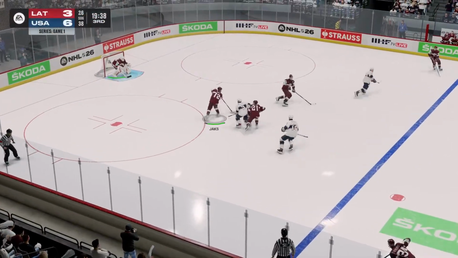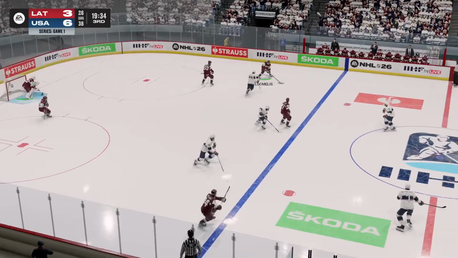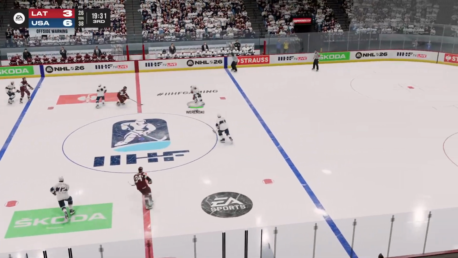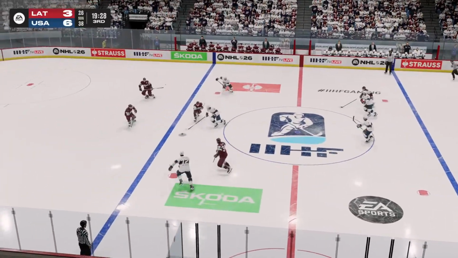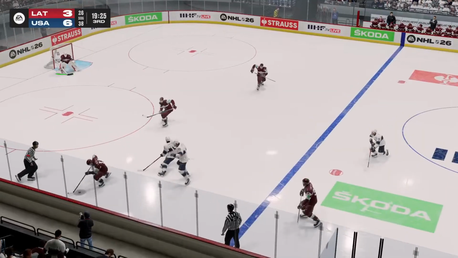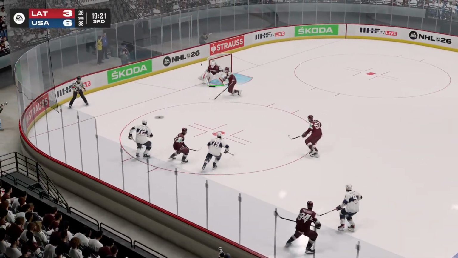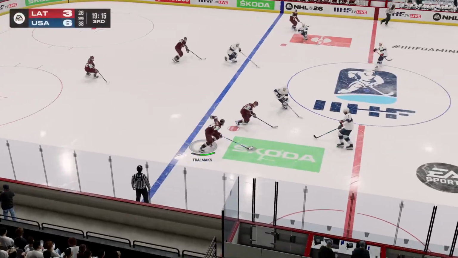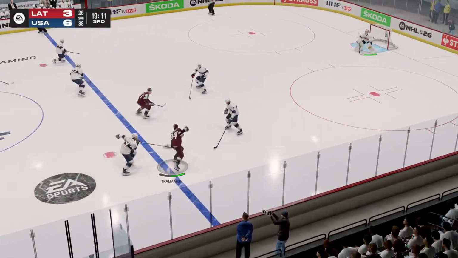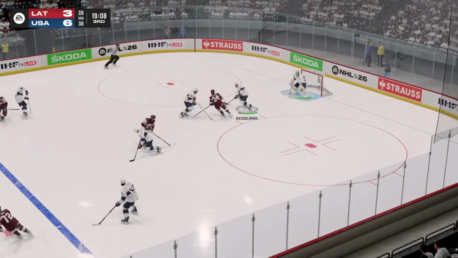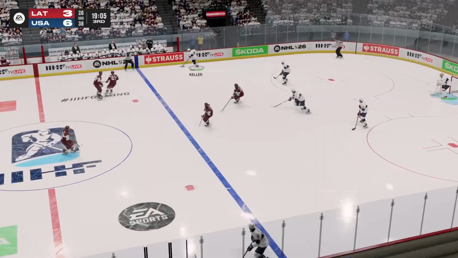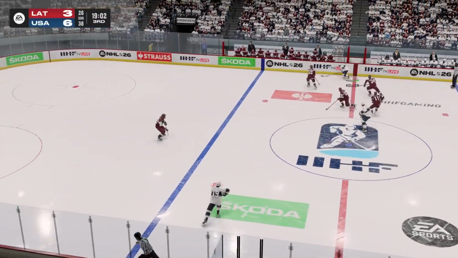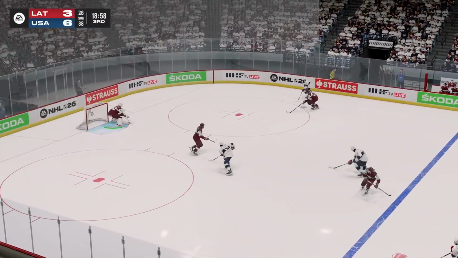Clayton Keller taken off his stick by Yox. Team Latvia in contention here against the United States. They're still down by 3 goals, but Team USA has been dominating the competition through pool play. So now here in the first game of the playoff, Team Latvia doing better than most here against this United States squad. Into the slot, taken away by Kesselring. 38 shots on goal for the United States.